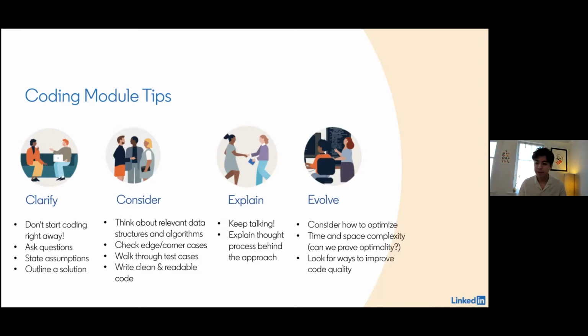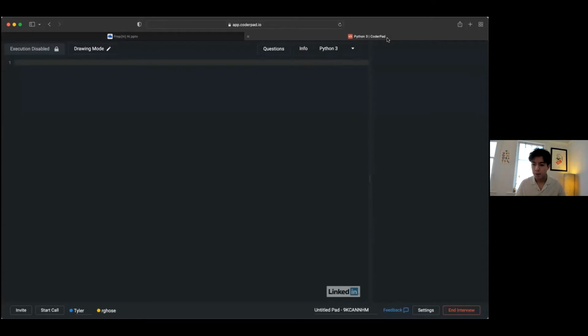So this is our advice at an abstract level, but to really make this concrete, we want to actually illustrate what an example coding question would look like, so you have a sense for the pacing and the style of this part of the interview. So let me switch over to our collaborative code editor, and I'll have Ronnie join me to play the role of the interviewer, and I'll play the role of the candidate. So yes, I'll turn it over to Ronnie.